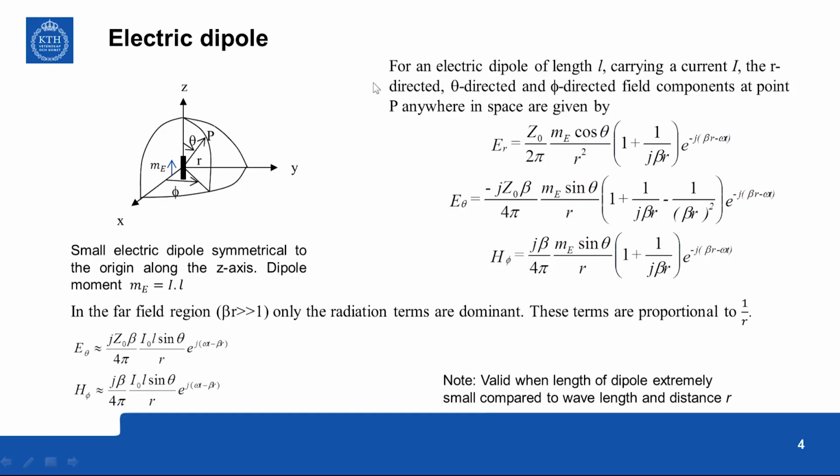And far away from the dipole, this is almost like a transverse electromagnetic wave. So the Poynting vector, or the energy flow, is in the r direction far away, and the theta component and phi component are lying in a plane perpendicular to the direction of propagation of the fields. So this is the expression for the theta component, and this is the expression for the phi component.